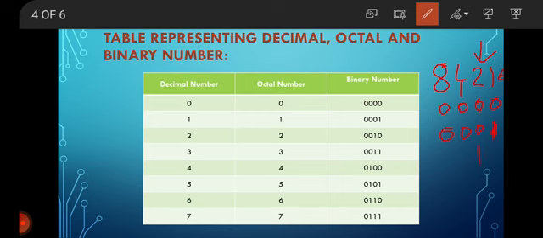Therefore, this is 1, this is 0, this is 0 and this is 0. For 3, this is 0, 0, this 2 and this 1 will be 3. Therefore, 1, 1. Like that, we will write the binary representation for all decimal numbers.